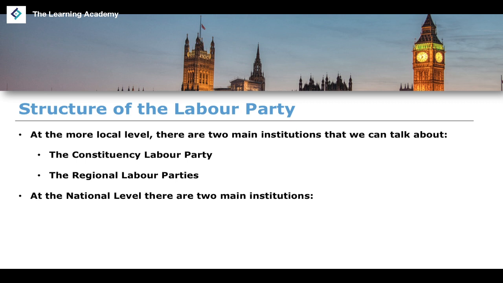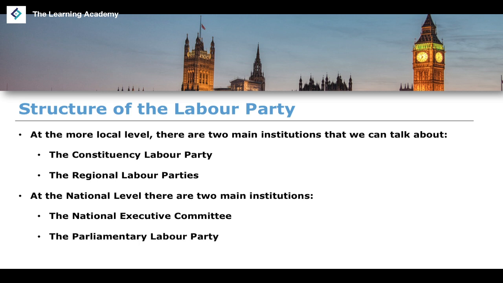At a national level, there are two main institutions that we can focus on. We have the NEC, which is the National Executive Committee, and we also have the Parliamentary Labour Party. Now, all of these regional institutions are involved in the process of both policy establishment and also the way in which we appoint members of the Labour Party, specifically the leaders of the Labour Party. So let's examine each of them briefly, and then talk about what their roles are